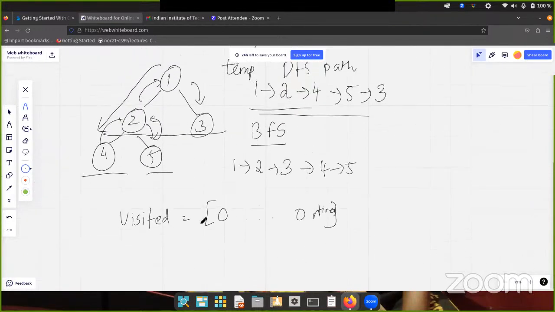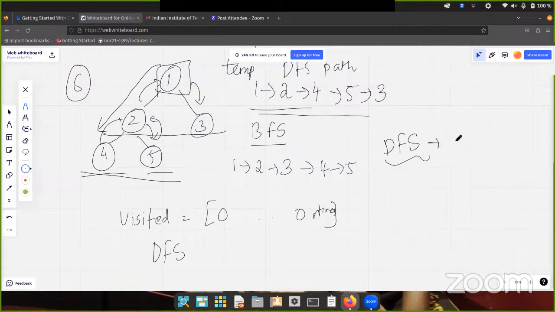Suppose our vertex 1 is not visited. So I run DFS, because DFS only works for connected graphs. If it's not connected, it will return false, because of the method DFS or BFS follows. If I want to check whether the graph is connected, all the DFS vertices should be the components. I believe you can get it.